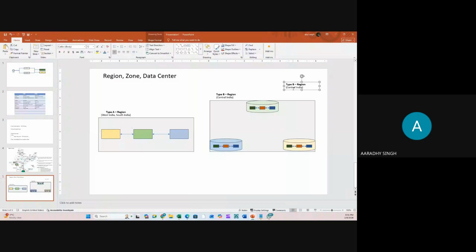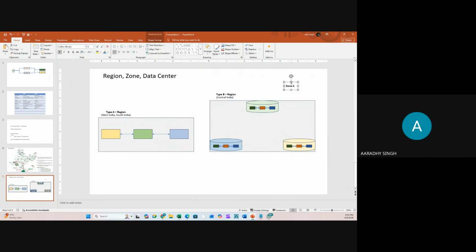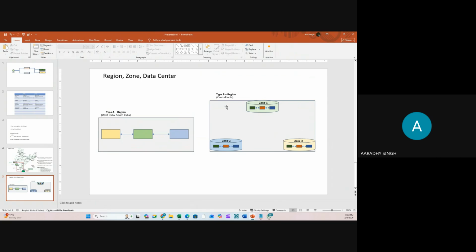This is zone 1, this is zone 2, and this is zone 3. And these 3 zones will be interconnected.